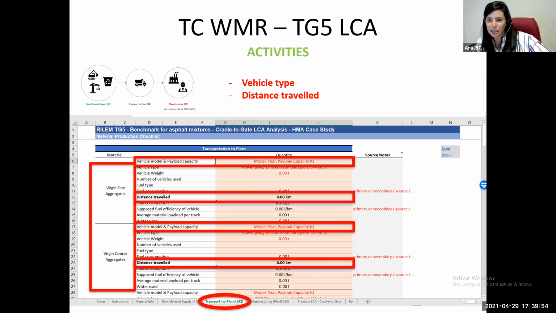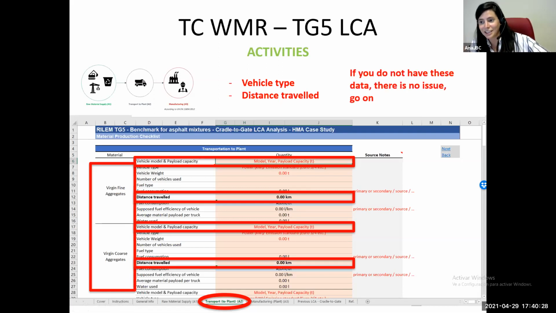So what we really need is the vehicle type, as I was saying, or the mean of transport, and the distance travelled. So the kilometers from the quarry to the asphalt plant in the case of the aggregates, or the distance from the processing plant of the reclaimed asphalt to the reclaimed asphalt stockpile to the asphalt plant. If the reclaimed asphalt is already in the asphalt plant, the distance is 0. So this type of distance, okay? And then